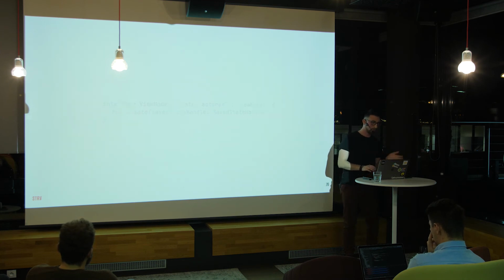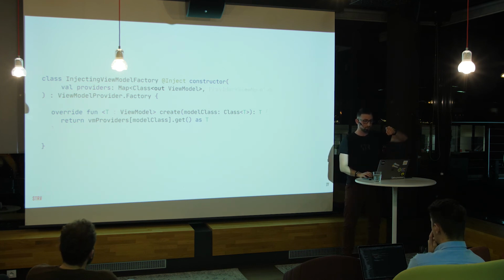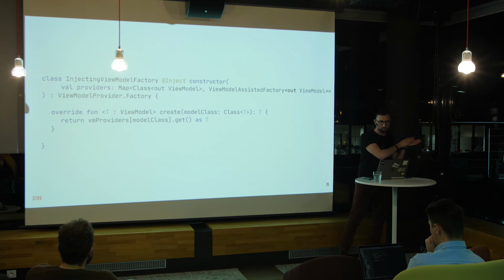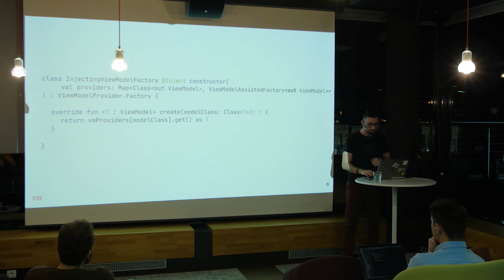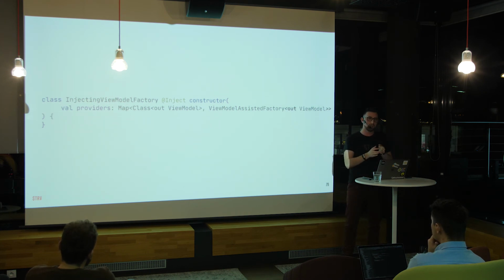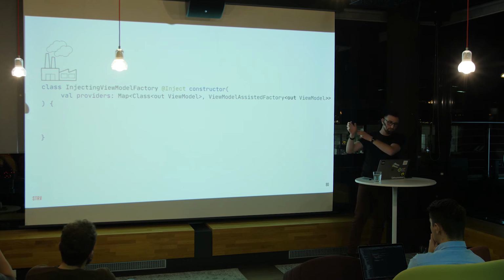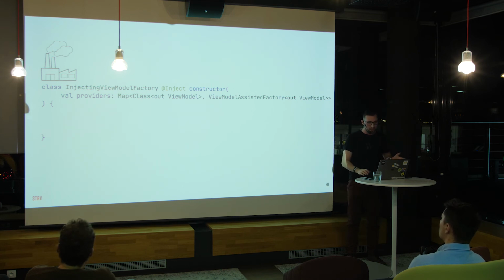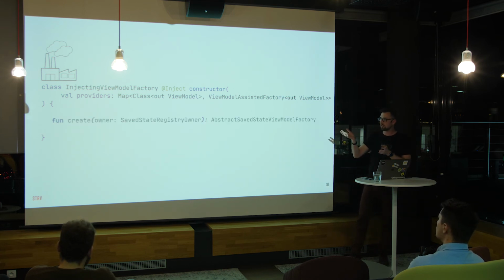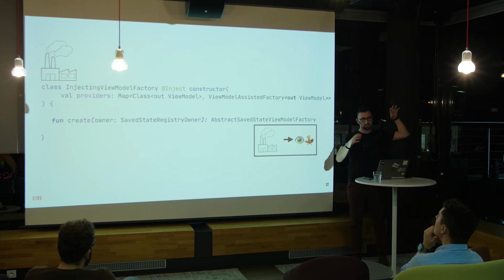And so now, this was actually the factory we used before. So instead of the provider of view model, we now have to have the factory of view model. That's actually the reason we need to have it as a base interface. And since it's not going to be a factory creating view models, it's going to be a factory creating factories of view models. So we removed the interface. This is the outside layer factory, and what we need now, we have a manual method create, which is going to be our factory creating the view models. So that's the inception we have, and to that create